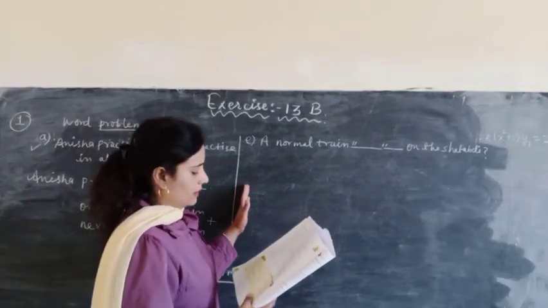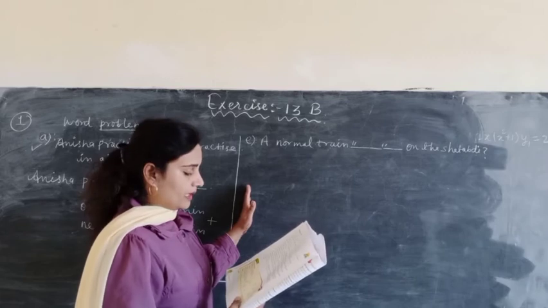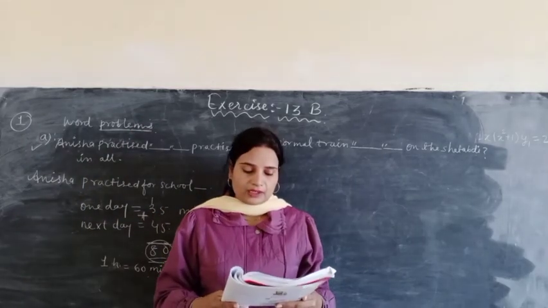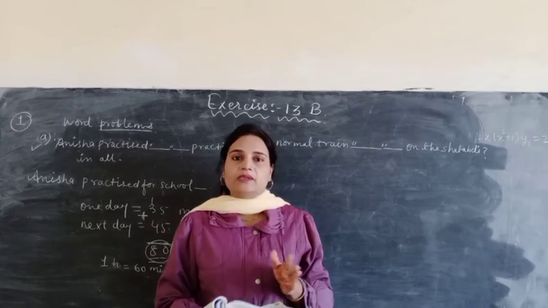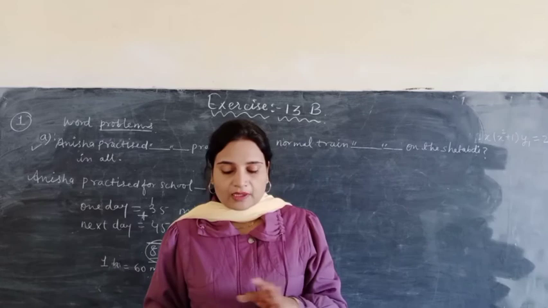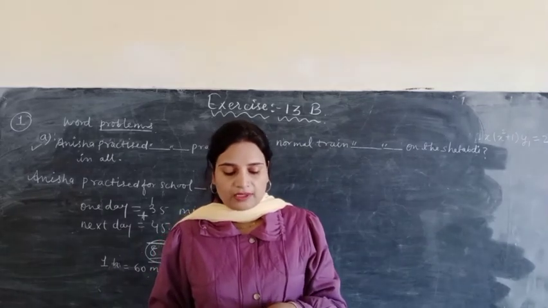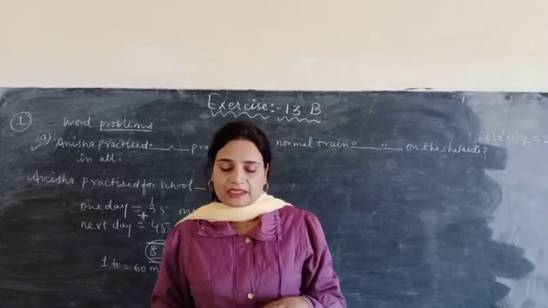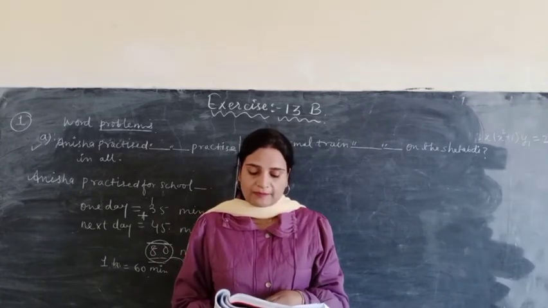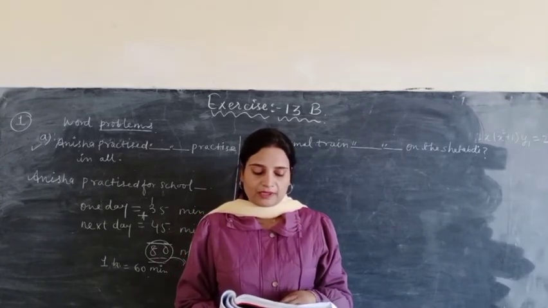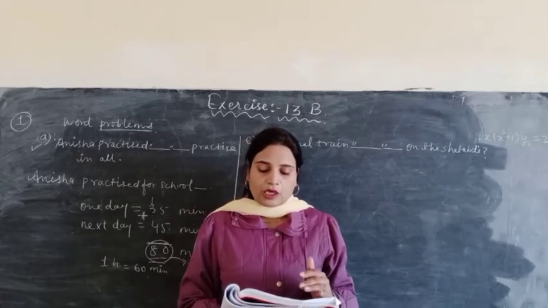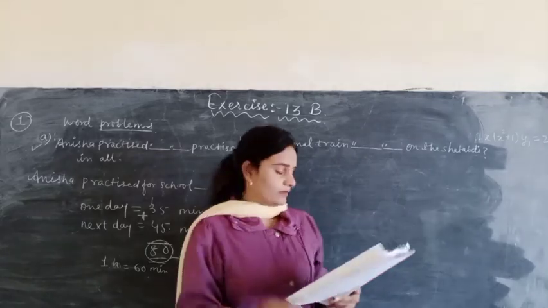And the last question: a normal train from Chennai to Bangalore takes 6 hours and 10 minutes. एक जो normal train है वो चेन्नई to Bangalore जाती है, वो 6 hours and 10 minutes रहती होगी. The Shatabdi Express takes 4 hours and 45 minutes. वो जो शताब्दी एक्सप्रेस है उसका जो टाइमिंग है 4 hours and 45 minutes. So how much time do you save by traveling with the Shatabdi? अगर आप नॉर्मल ट्रेन की जगह शताब्दी ट्रेन से ट्रेवल करते हो तो हाउ मच टाइम डू यू सेव, आप कितना टाइम सेव कर रहे हो.